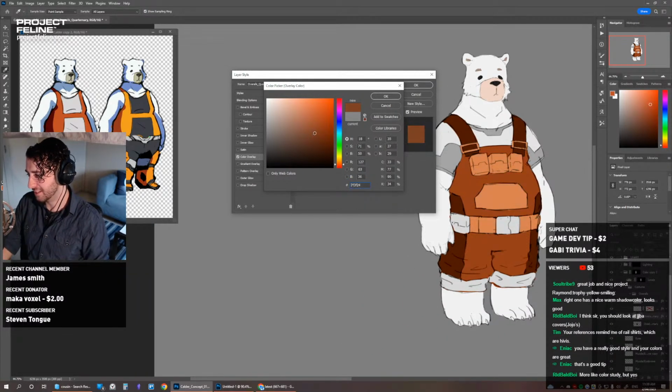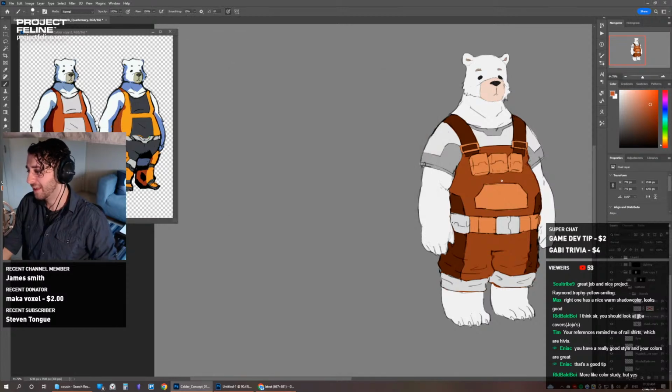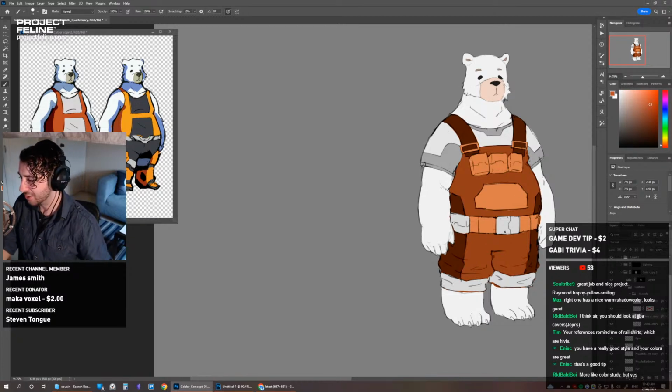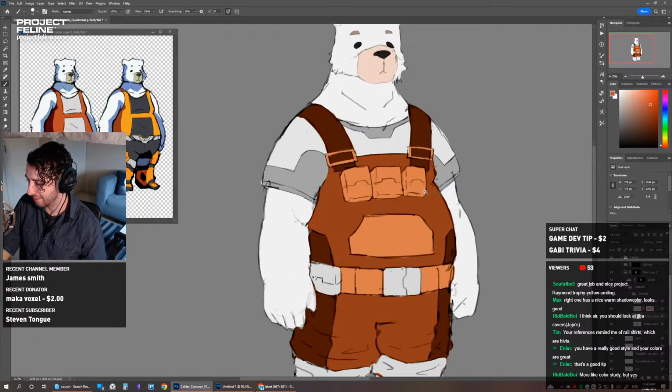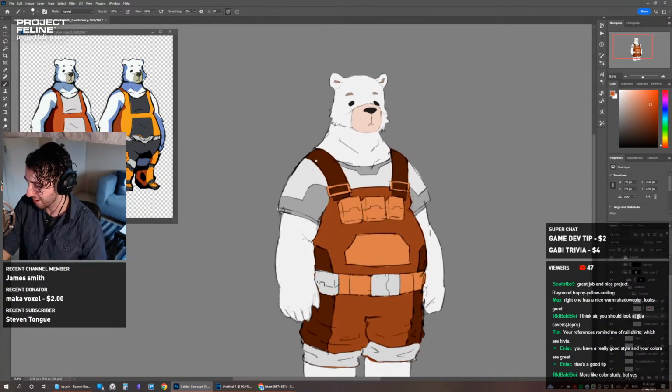Maybe bring down, because that's the thing I noticed with Gabby: I made her really saturated, but you can't go too overboard. I think I did just the right amount. Whatever I do here probably won't look that good yet, but I'll need to mess around with the saturation, because I think the more saturated it is for this game, the better.